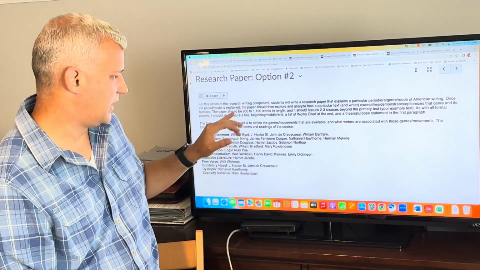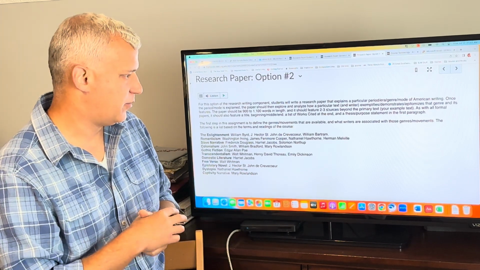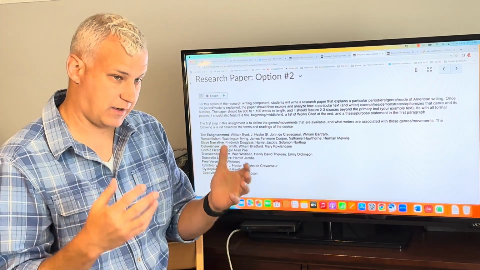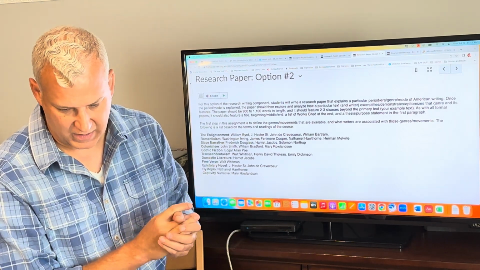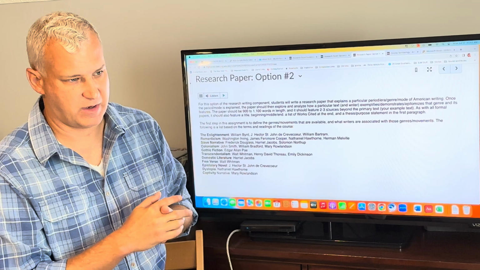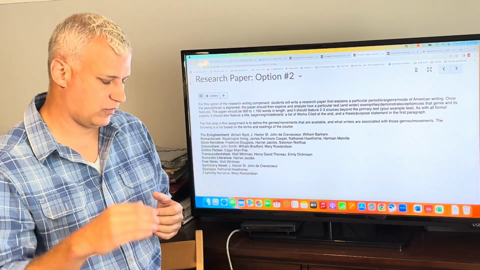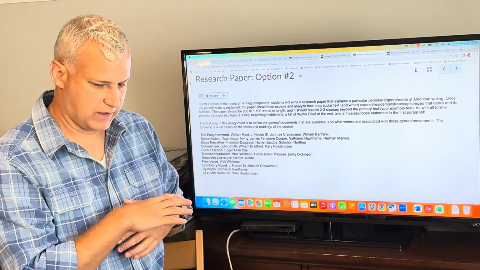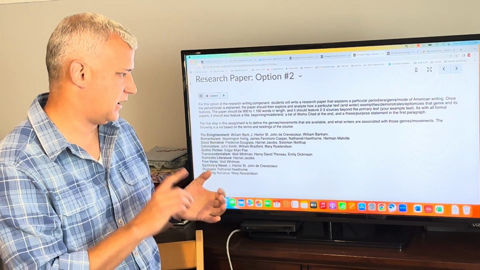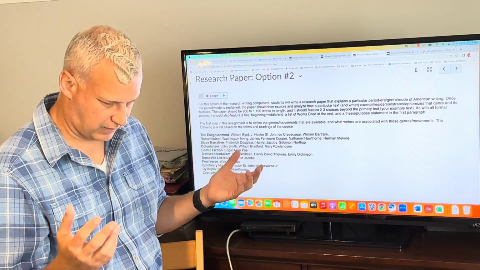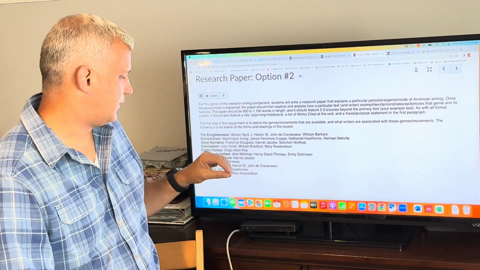It needs to be 900 to 1100 words. It should feature 2 or 3 sources beyond the primary text. So like if you're writing about a text and saying that Harriet Jacobs is an example of slave narrative, you'll write about her text. You'll need 2 or 3 sources beyond Incidents in the Life of a Slave Girl. As with all formal papers, it should feature a title, beginning and end, list of works cited, thesis statement, stuff we've already talked about. So you need 2 or 3 sources for this at least, and then it gives you